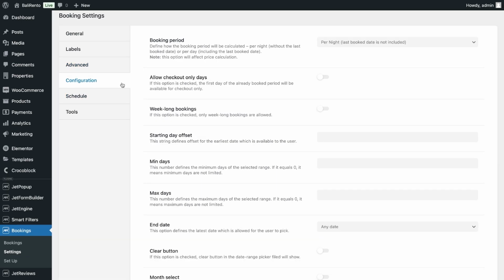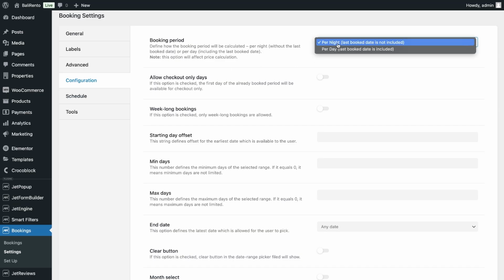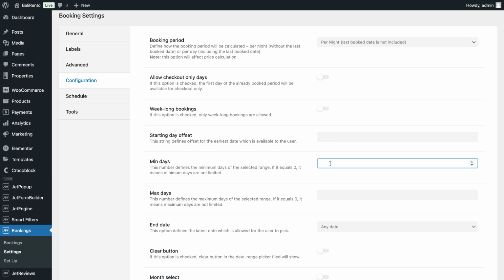In configuration, you can select whether you want night or day bookings. Note that this setting affects the final price. We'll test it later. On the same page, you can make different configurations of your booking rules, such as enabling the first booking day for checkout only, allowing only weekly bookings, setting up the offset for the first available date, making minimum and maximum number of days for booking,